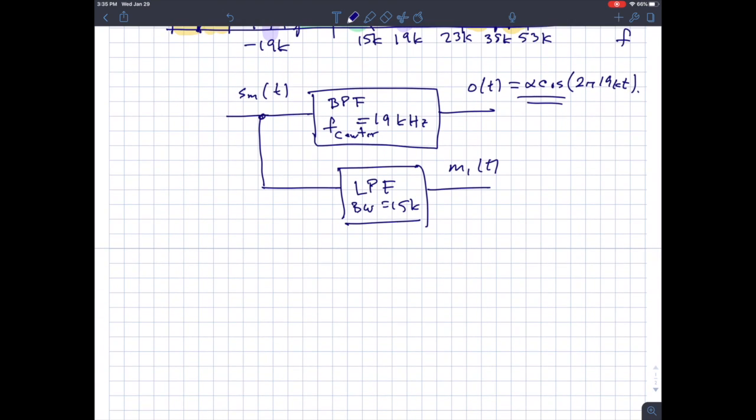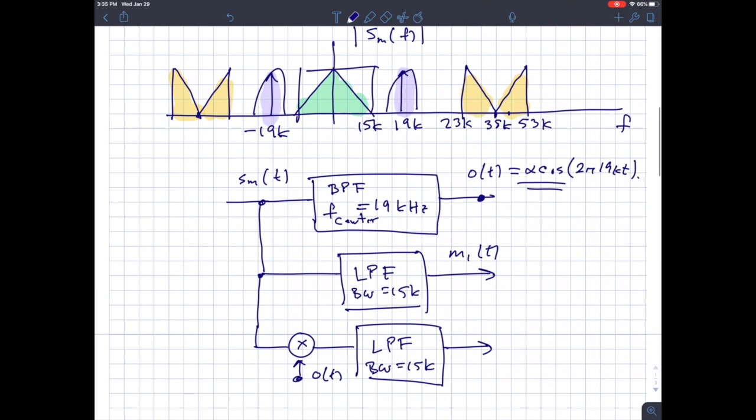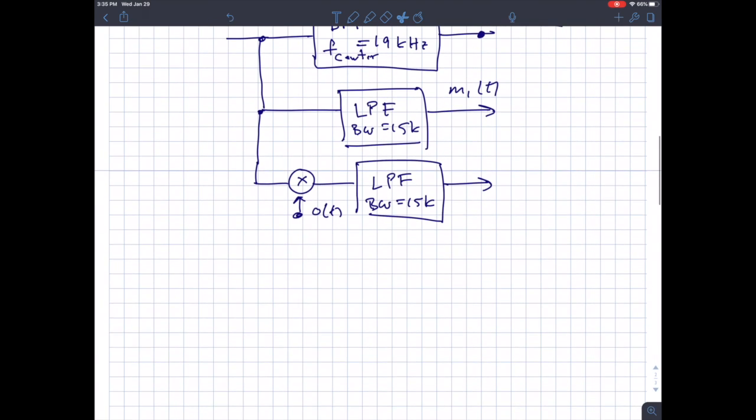Okay? And then finally, if I take SM of T and I multiply it by my oscillator signal, so tapping off here and putting that here, O of T, and then I low pass filter with a bandwidth equal to 15K. What can you envision happening here? Well, wouldn't it be that this term gets copied? Okay, and since we're multiplying by 19K, this would move it down from